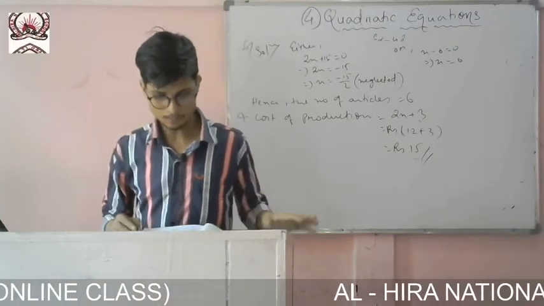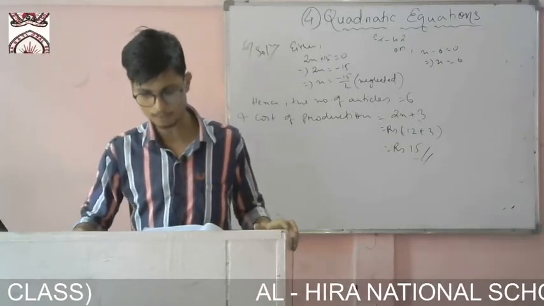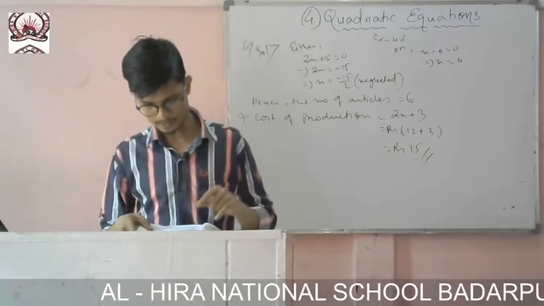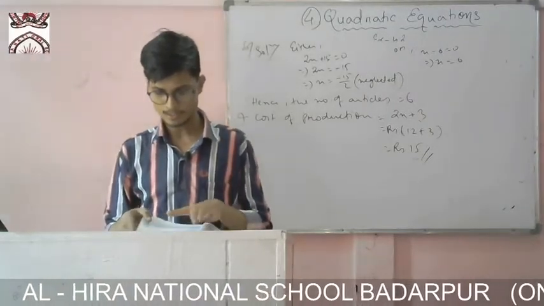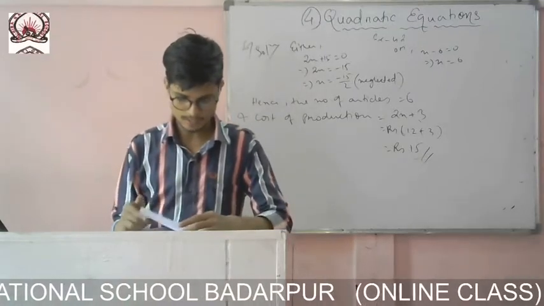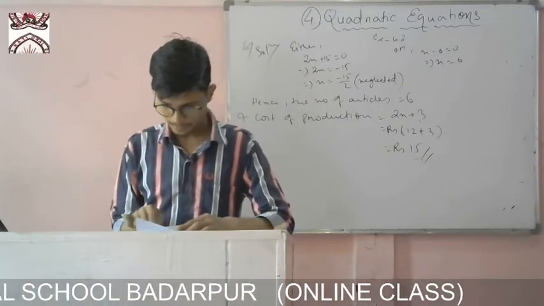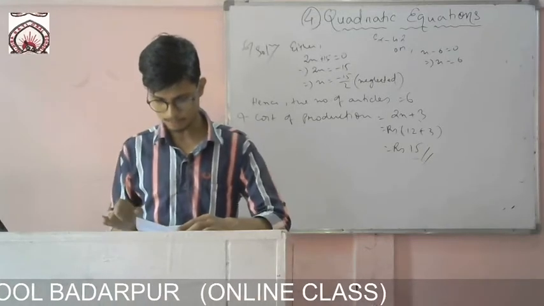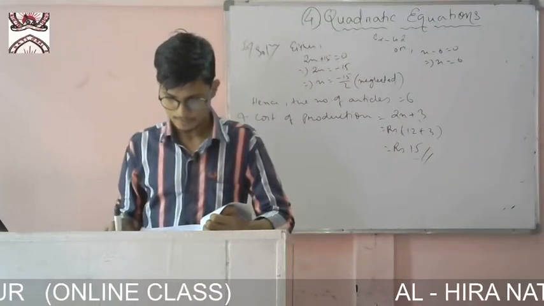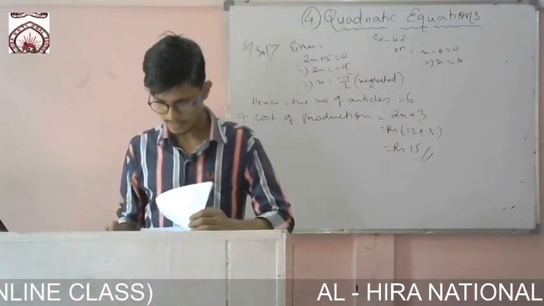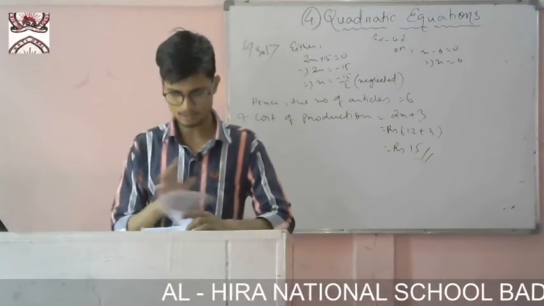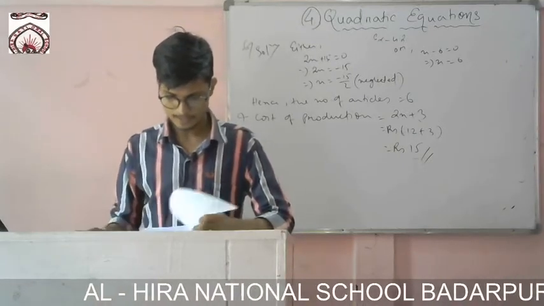Then example number 6, you see, find the dimensions of the prayer hall discussed in section 4.1. Section 4.1 means the starting of the chapter, the quadratic equation, where the chapter begins, you take that out. There is a question given about this prayer hall, and the question is to find the dimensions. The breadth is given as x and the length is given as twice x plus 1, and the area is given as 300. So the equation is there in section 4.1.